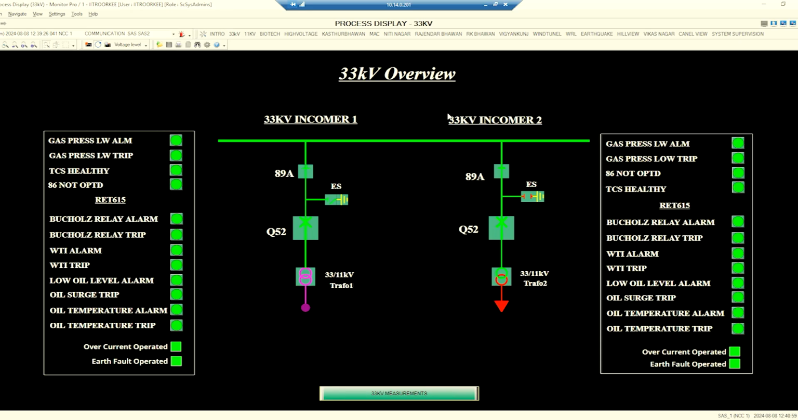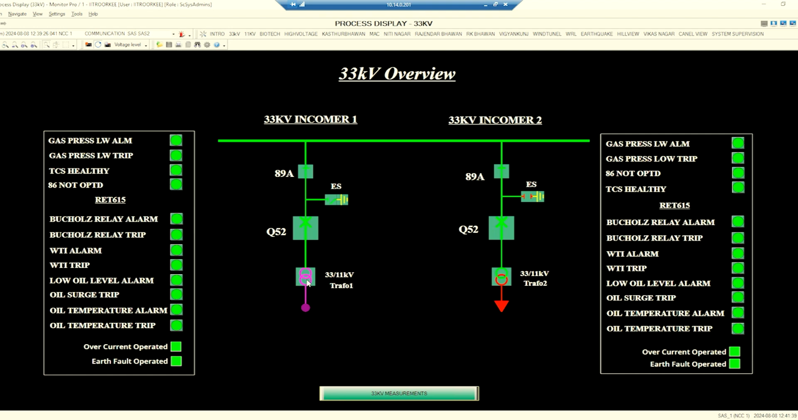issues. Displayed on the SCADA dashboard is the single line diagram, SLD, of a 33 kV substation, providing a comprehensive overview of the system. This includes 2 incoming lines labeled as 33 kV incomer 1 and 33 kV incomer 2, each featuring isolators, earth fault switches and circuit breakers before the power enters the transformer. Additionally, the SLD illustrates the connection to 33/11 kV transformers, Trafo 1 and Trafo 2, which step down the voltage